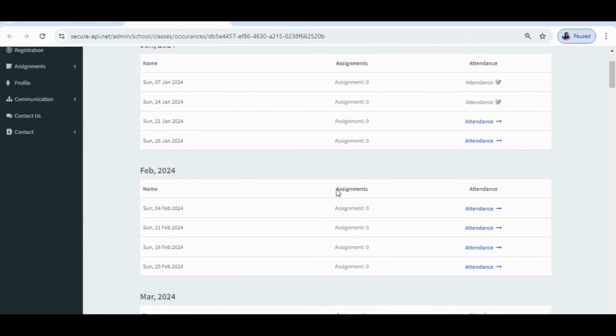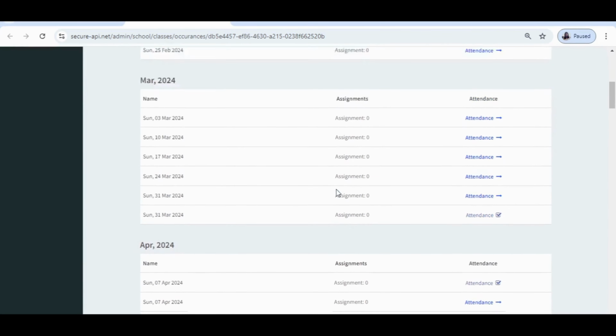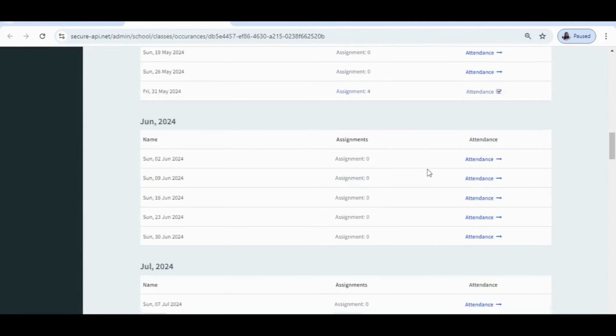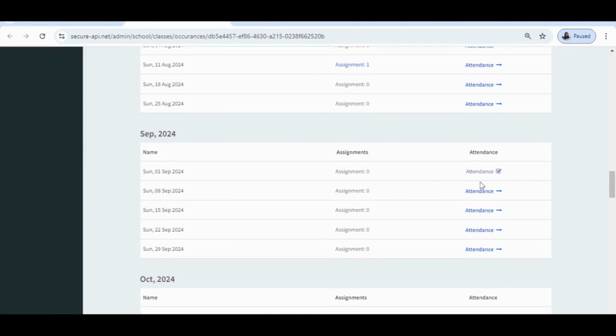The sessions will look like this. The sessions will already be created by the admin. The attendance will be available at the rightmost corner. The teacher can click on attendance